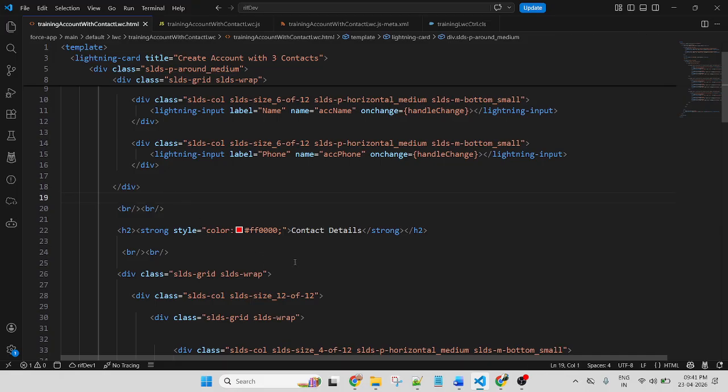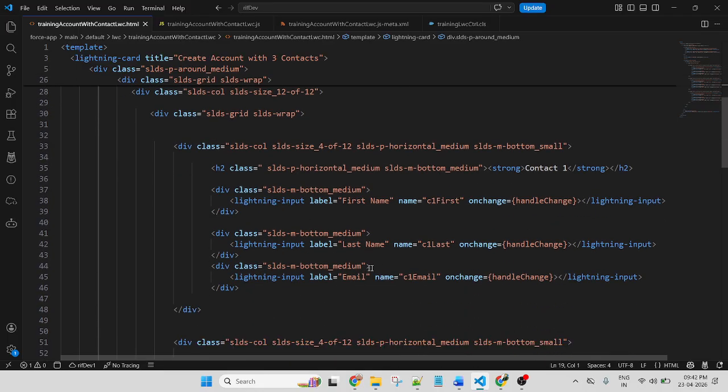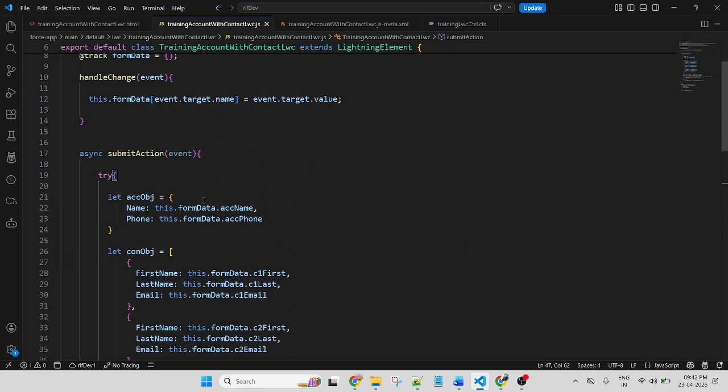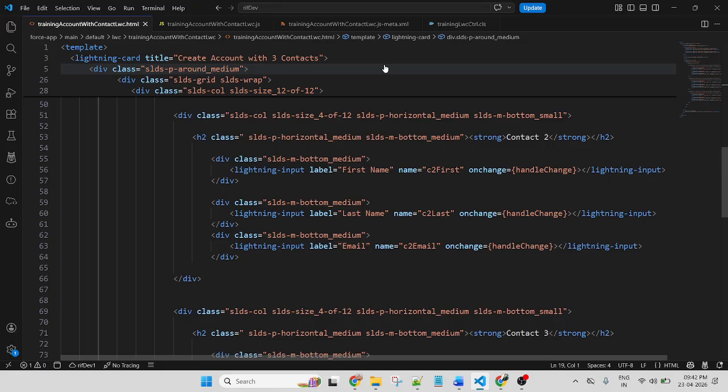And to pass the data from parent to child, in the last session I taught we use the @api decorator. So we use @api to pass the data from parent to child. The process is similar, but if your live project requires it, create a separate file for the child, for the contact, and call it.